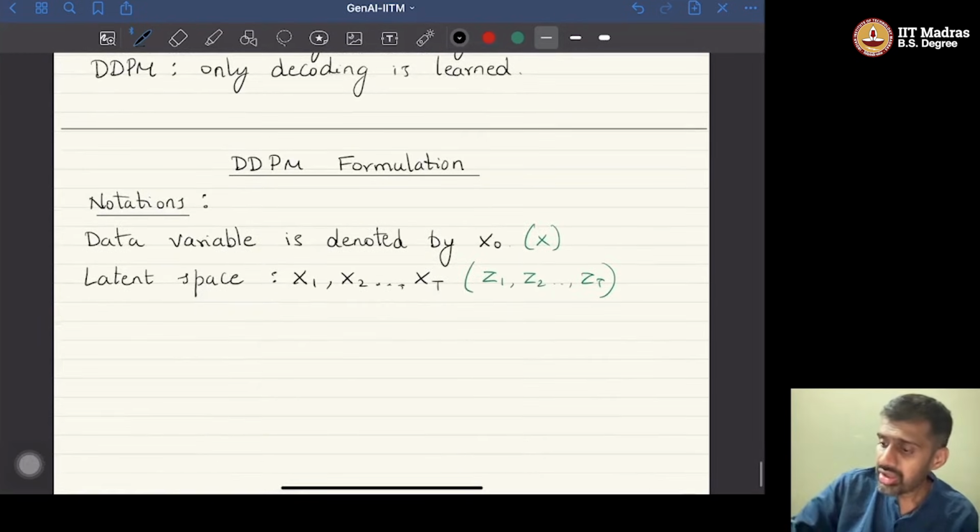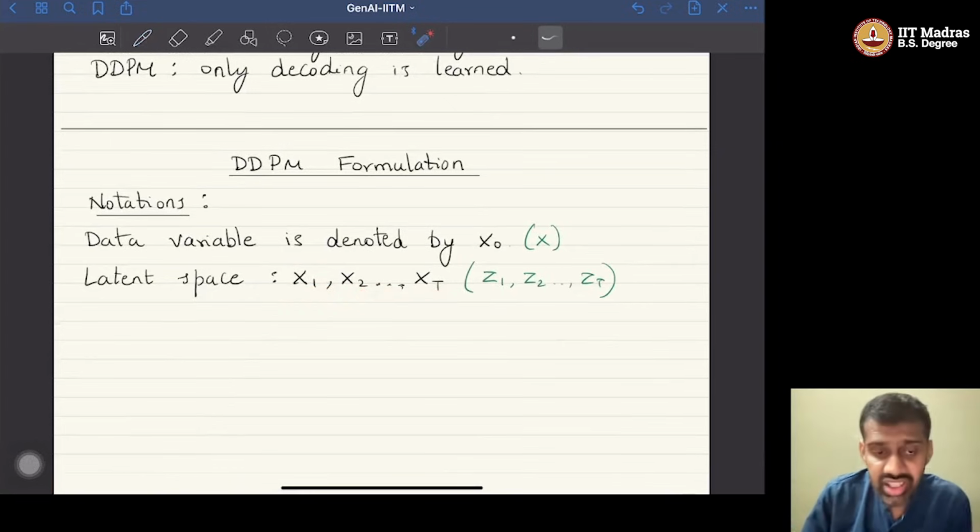So now whenever I use x1, x2, xT, these are latent variables. In all our treatment, just like with the case of VAEs, I'll assume that there is only a single data point x naught, and this can be trivially extended to the case where there are multiple data points just by putting a summation or an expectation with respect to all data points on the outside. So we are assuming that there is only a single data point x naught that we are given, and this comes from the distribution p of x naught. The latent space is denoted by capital X1, X2 up to XT. These are not the samples of the data distribution, but rather latent variables. Please note this